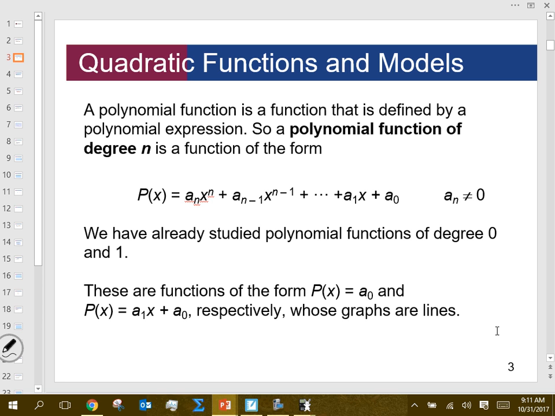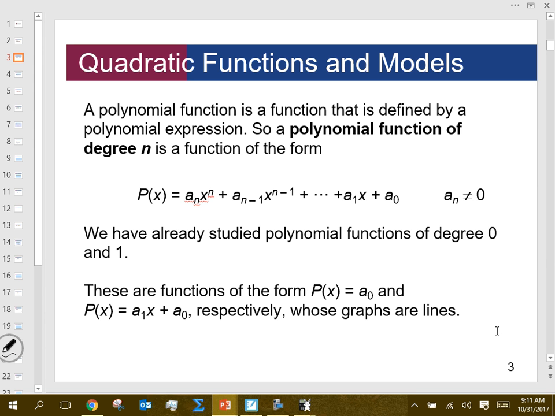The n, though, as exponents, the n and the n minus 1 and the n minus 2, those all have to be positive integers, okay, or 0. Okay, so we want basically our polynomial function to be polynomial. It cannot have variables underneath square roots, underneath cube roots, or anything like that. You can't have fractional exponents, essentially. You don't have division of